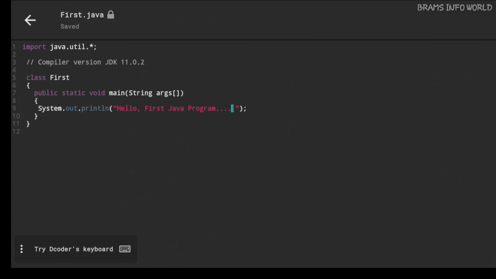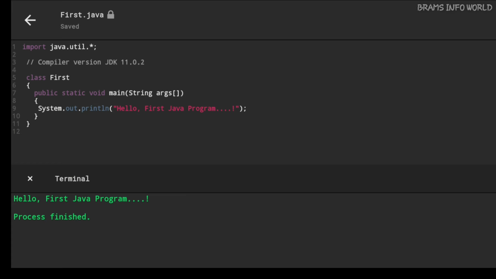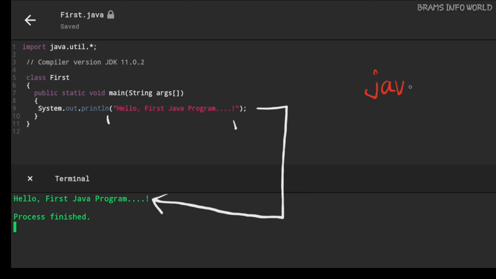I'm going to execute the program. After execution, I expect hello first.java. Directly we can expect output like this. This message is directly available here. Whatever we write in the double quotation, that information is available. In this case there are two internal steps. The first step is called javac, and the second step is called java.